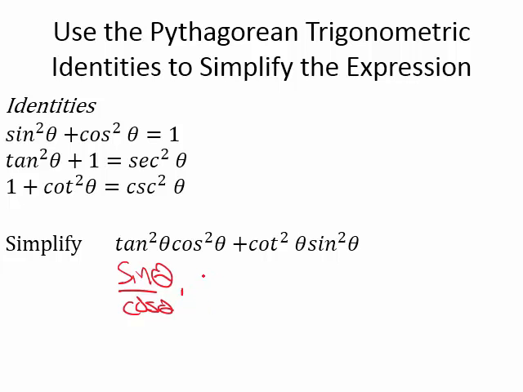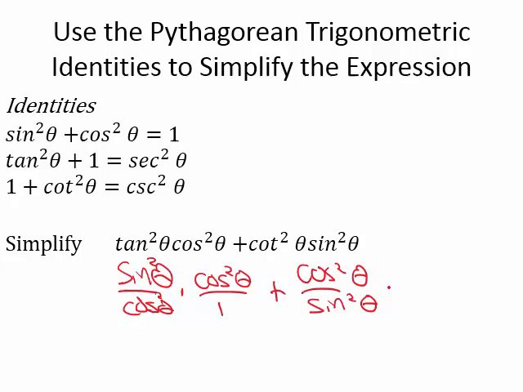So we're going to be multiplying that by cosine squared theta. So go ahead and put that over 1. Plus cotangent squared, so tangent squared was sine squared over cosine squared. Cotangent squared is going to be cosine squared over sine squared times sine squared theta. If we put that over 1 as well, you'll notice that cosine squared and cosine squared